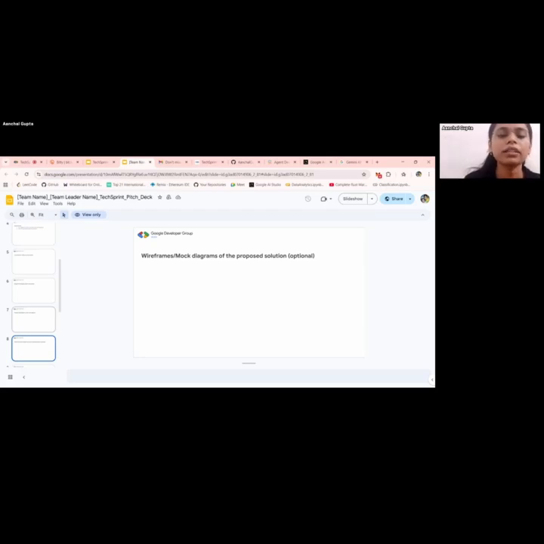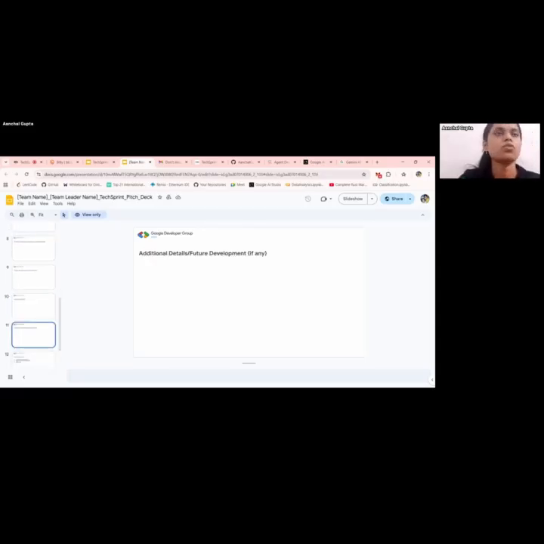So how do those connect? And how is the admin and user hierarchy being managed? All of those things, right? Then the architecture diagram. So this is where you have your technical architecture in detail, snapshots of your MVP, followed by additional or future developments. Again, if you are building something, you're going to be building the very basic solution. So what are the future developments that you're going to do, or how can you expand this project, how can you add more opportunities in it? That is what you're supposed to add in this slide.